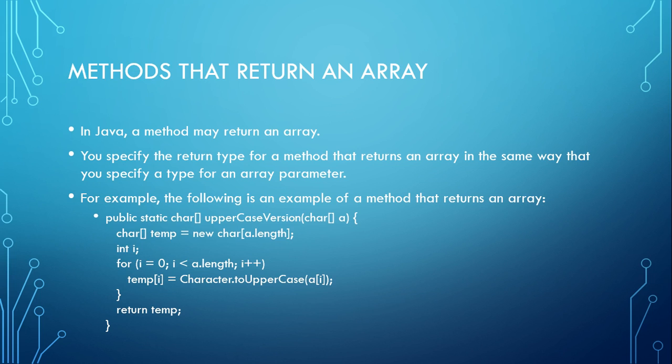public static char[] uppercaseVersion(char[] a) { char[] temp = new char[a.length]; int i; for (i = 0; i < a.length; i++) temp[i] = Character.toUpperCase(a[i]); return temp; }